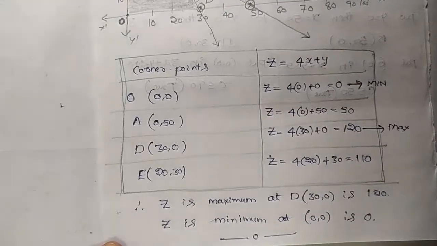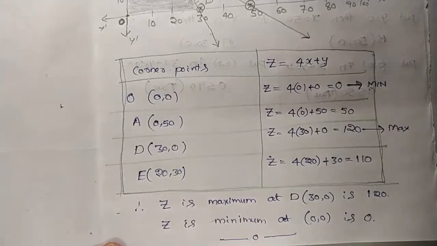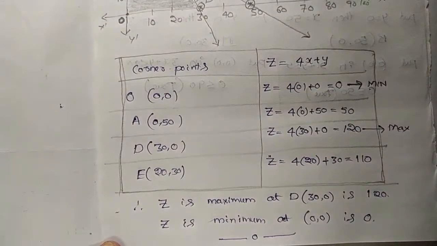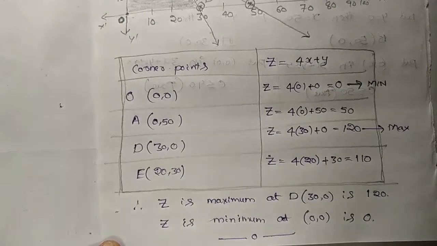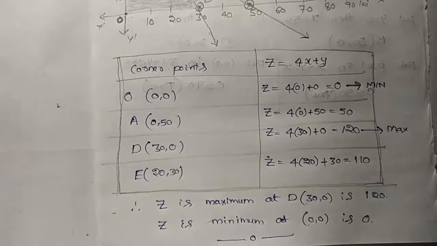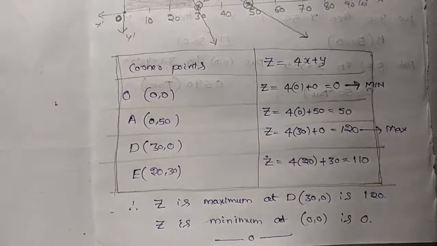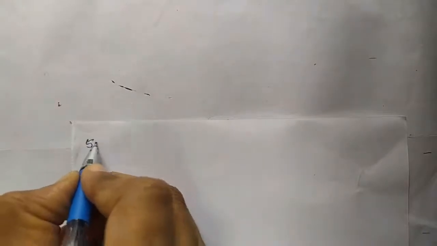Next we are going to solve other question B. 4 marks question it is. Let us solve the question number B. If you want to take a screenshot, you can take. See the question number 50B. We have solved 50A question. Now let us move on to the 50B question.